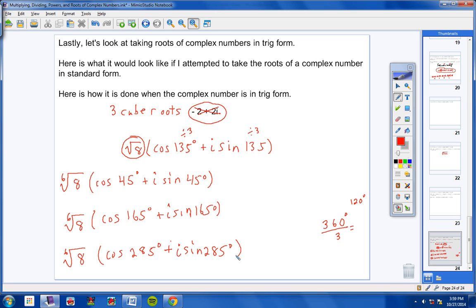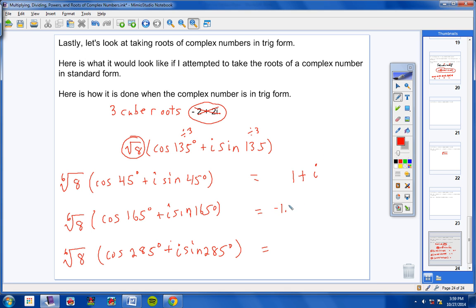And now lastly, students, most of the time in these problems, they're going to want your final answers to be written in complex standard form. So we have learned how to do that in the past. I'm not going to do it for you now, but I will give you the answer. This would end up being 1 plus i. This would end up being here,